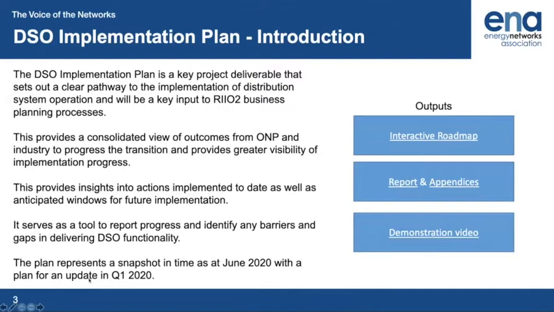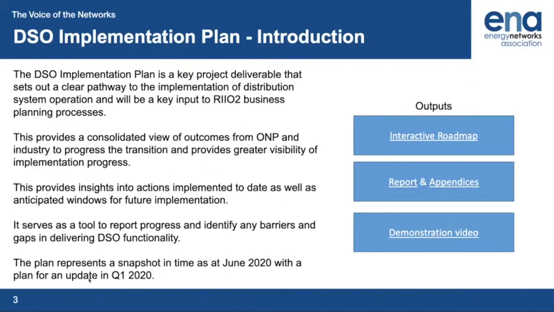In terms of the DSO implementation plan, this really is a key project deliverable for workstream 3 this year. It's all around setting out a clear pathway to the implementation of distribution system operation and a key input to the RIIO-2 business planning process. It's very much around the network's role in providing distribution system operation. So there are elements of distribution system operation that networks will provide, and this